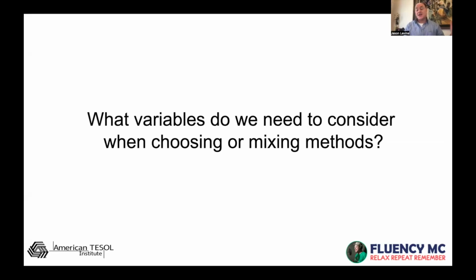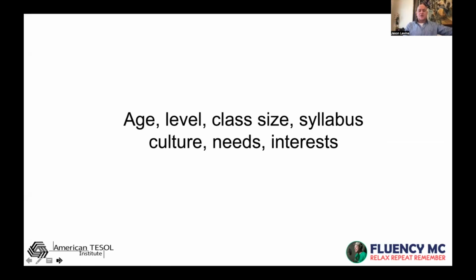I think in the past it was less rare when there was this feeling that, that's the way we do it. And thankfully, now, and part of that has to do, I think, with how big English is in the world, how many people are involved in teaching it and learning it, how important it is to learn it as a skill, not just a subject, that there's a lot of mix and match, as we're going to see shortly. But we do need to think about why we're doing it, right? So what are some of those variables?